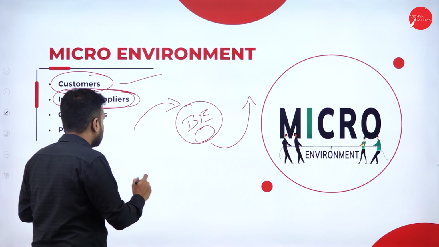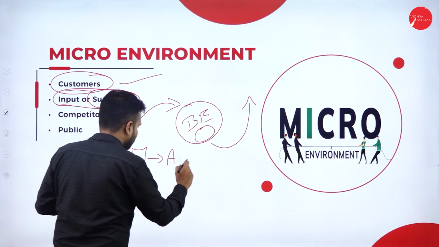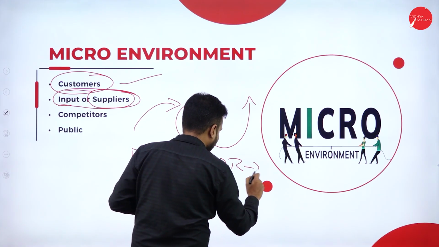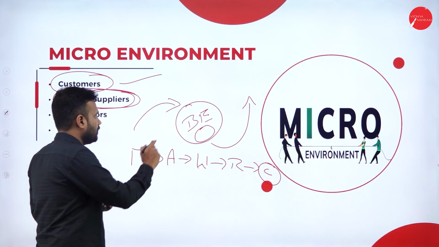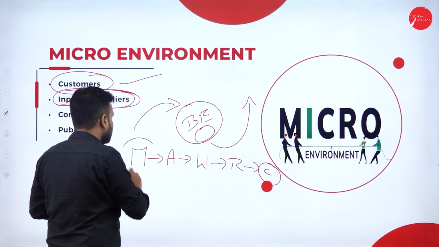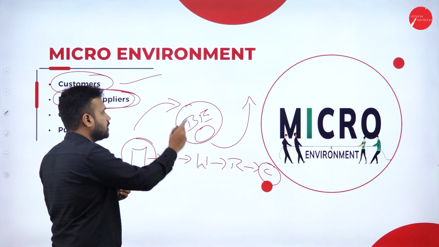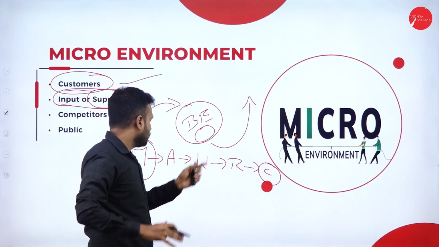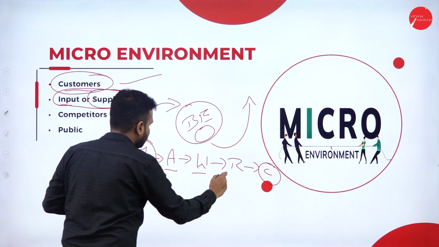Okay, so the channels of distribution start from the manufacturer, followed by the agent, followed by the wholesaler, followed by the retailer, and the end user of the product, called the consumer. See, when it comes to the business environment, the manufacturer is a business entity. It is going to purchase the product from the external environment, that is, from society. What it is going to do is convert the raw materials into the finished product.